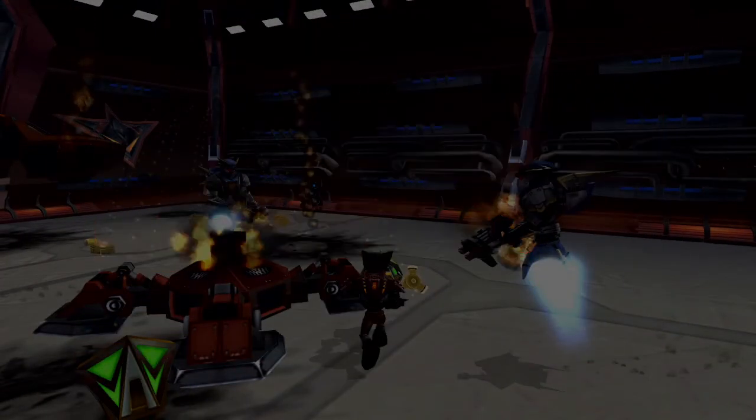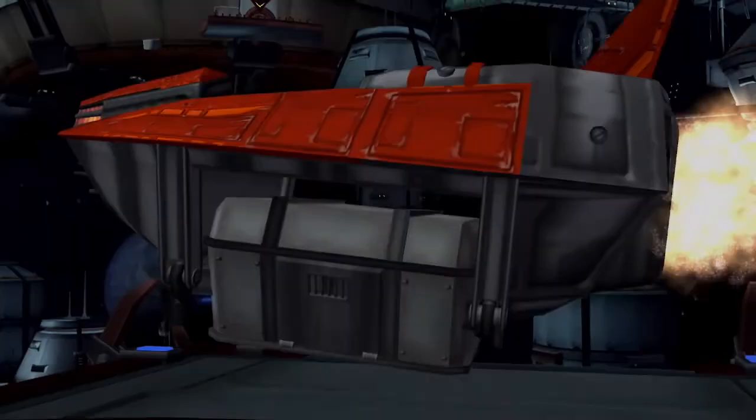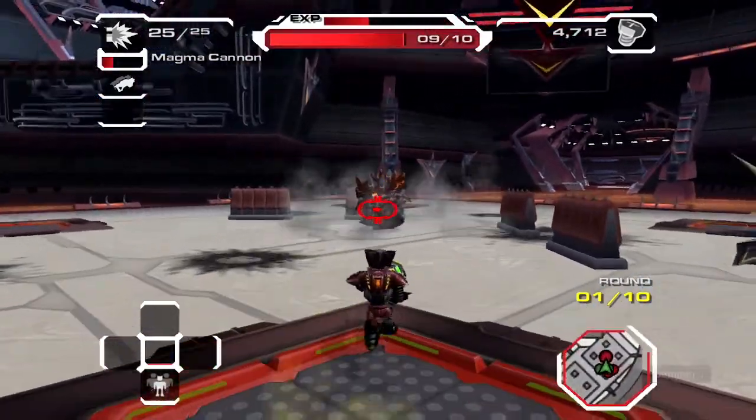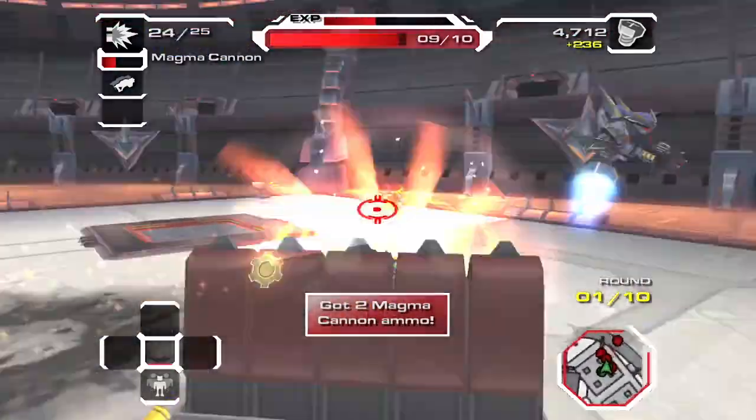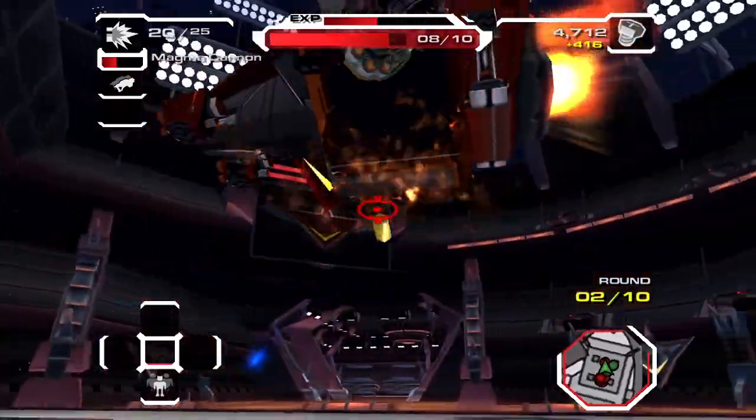So now it says it unlocks in this way, but you gotta do a Dread challenge while we're here. So go into the challenges and then select the big sleep. That's the best one to do for this, and you mainly want to focus on killing the dropships in this mission. There's one in